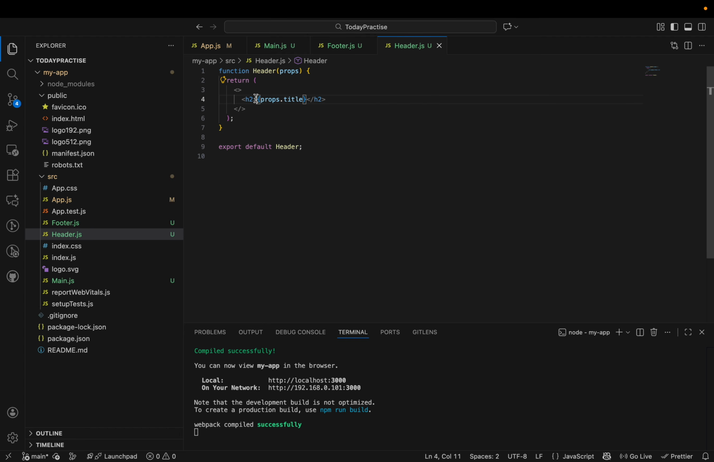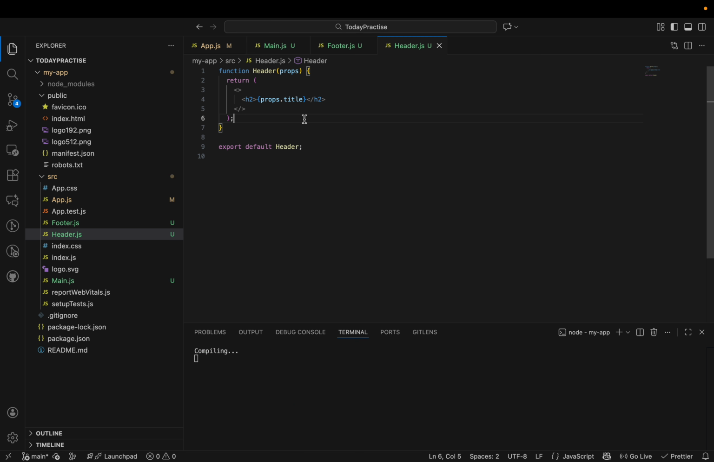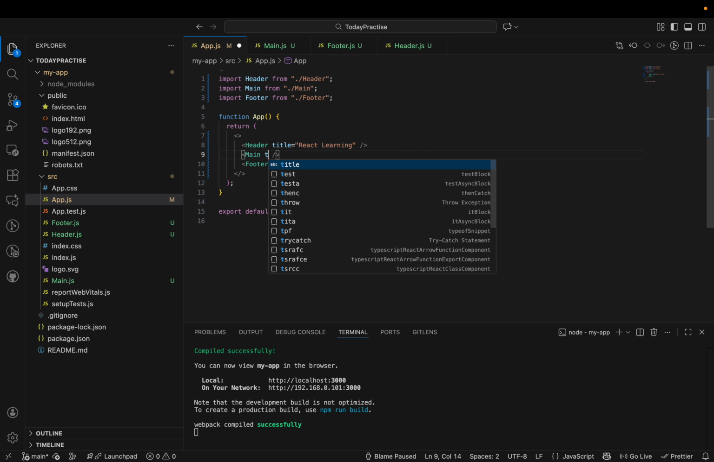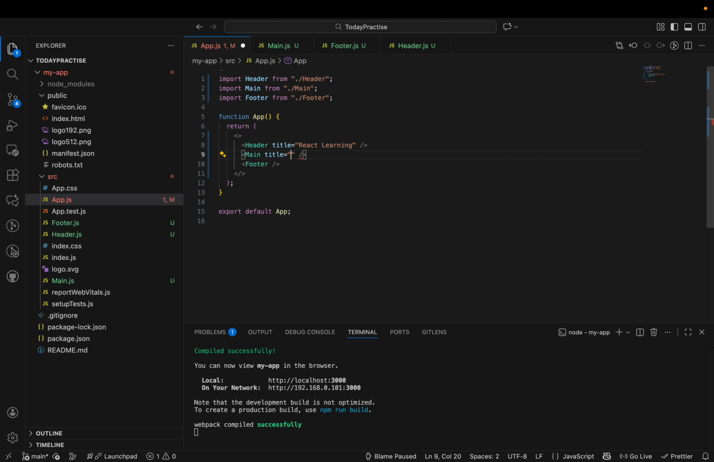See, this is JavaScript, right? Inside the JSX, if you want to get this as a script, you need to do it like this. Inside the curly braces it will act as a script. So if you give props dot title, it will get it. Likewise we have to go here. So let me add title equal to React, title equal to main content. Okay, footer title equal to